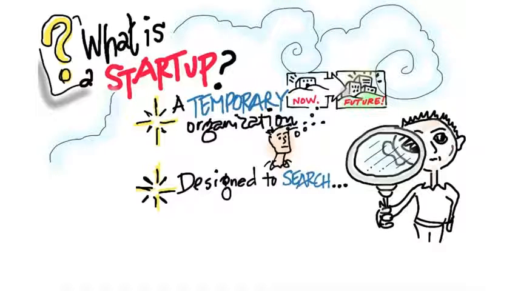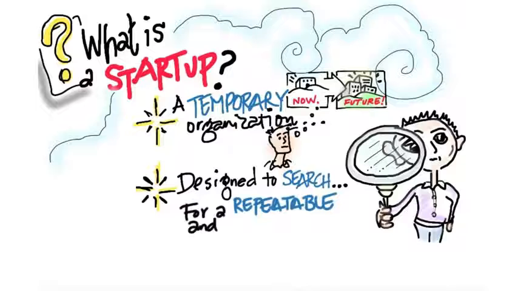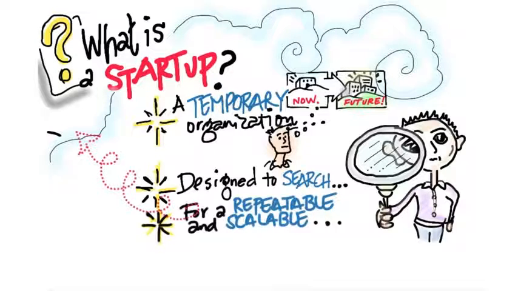Let's see. Well, number one, you want to search for something that's repeatable. And repeatable means the same thing that works on Monday works on Wednesday, and works on Friday, and works next week, and works the next month. That is, I want to find sales and marketing and engineering processes that are repeatable. And I also want to find them scalable. What scalable means is, I put $1 in, I get $2 out. Or I put $1 in, maybe I get $10 out. But I'd better not be losing money on a continual basis, or I'm called an out-of-business startup.